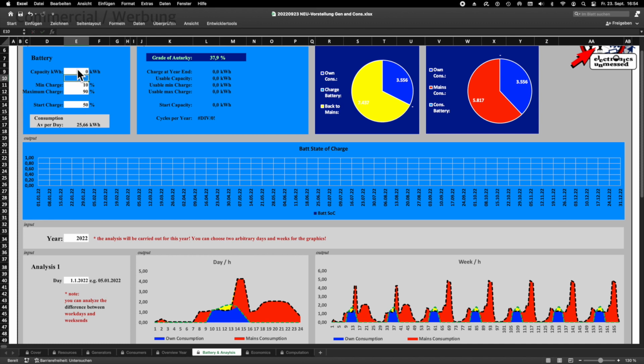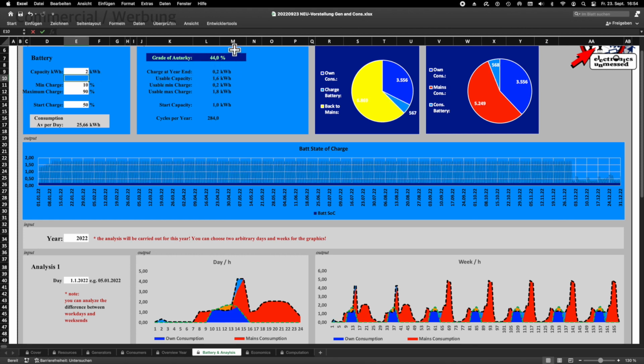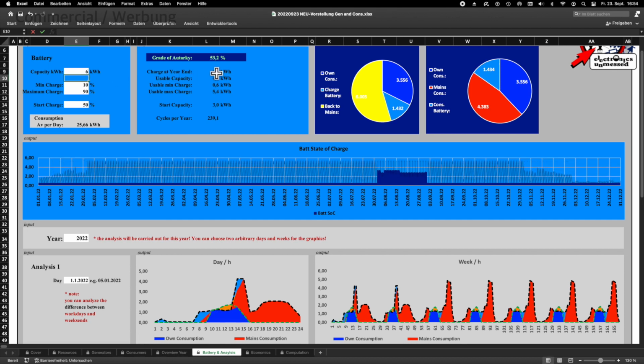If I change the size of the battery, here as an example, you will immediately see the effect. With this, you can find the right battery size, no matter if you just want to increase your degree of autarky or even dimension an off-grid system.